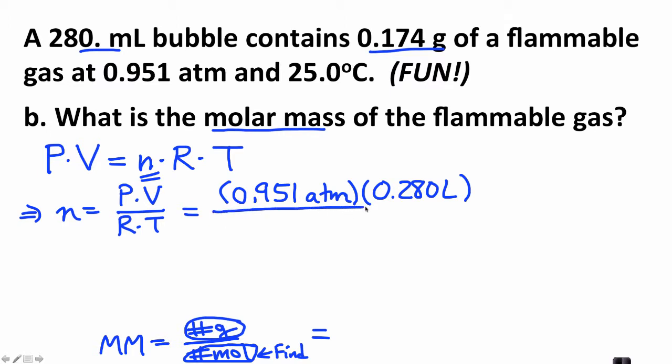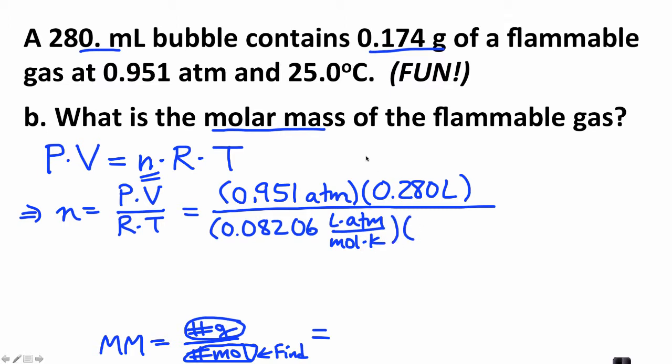And the value of the gas constant we'll use, since we have pressure in atmospheres and volume in liters, is 0.08206 liter atmospheres per mole Kelvin. And then the temperature will of course have to be in Kelvin, so we'll have to add 273.2 to the Celsius temperature, which gives us